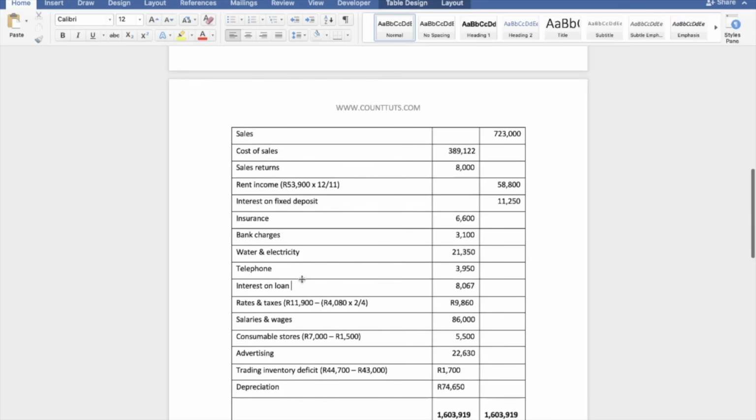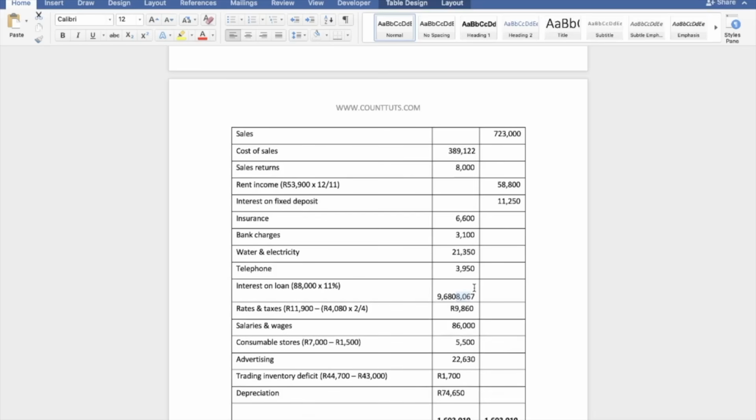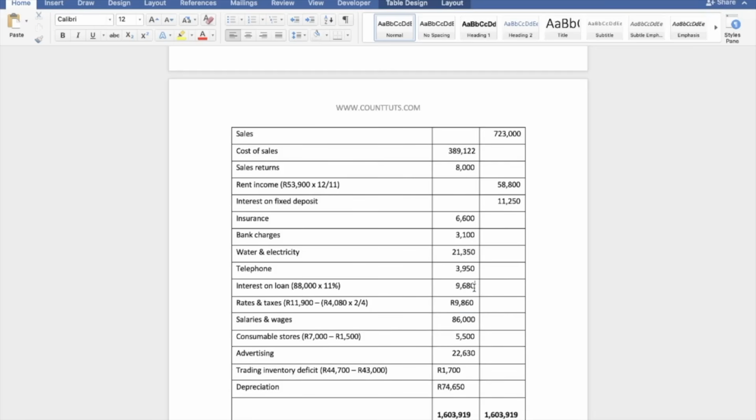So what we need to do here is just do what I say in your calculator. You take the 88,000 rand and multiply that by 11%, and you know that is what should be sitting on the interest on loan here in our trial balance. So the answer here is going to be 9,680. Now what you need to remember is obviously another account must be affected. It's not just the interest on loan. So let me put here 9,680. Now I need to remove this one here, but you have to remember it. 8,067 rand. That means we have to take the 9,680 minus the 8,067 rand